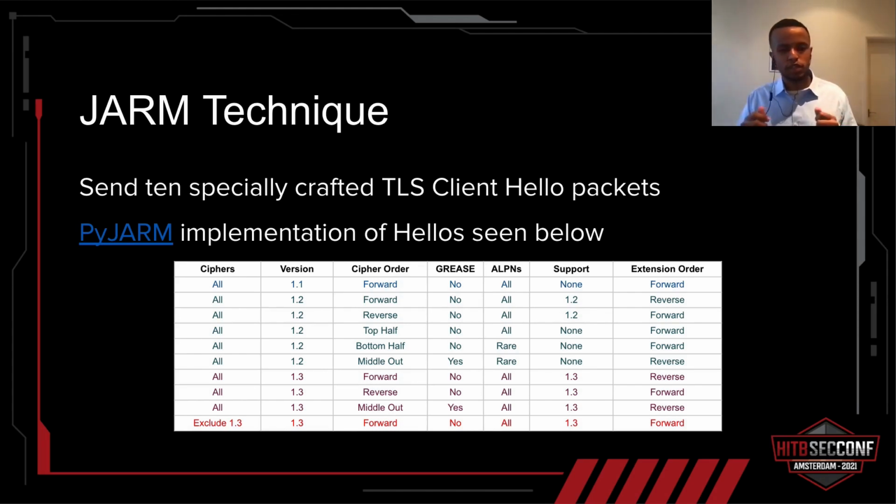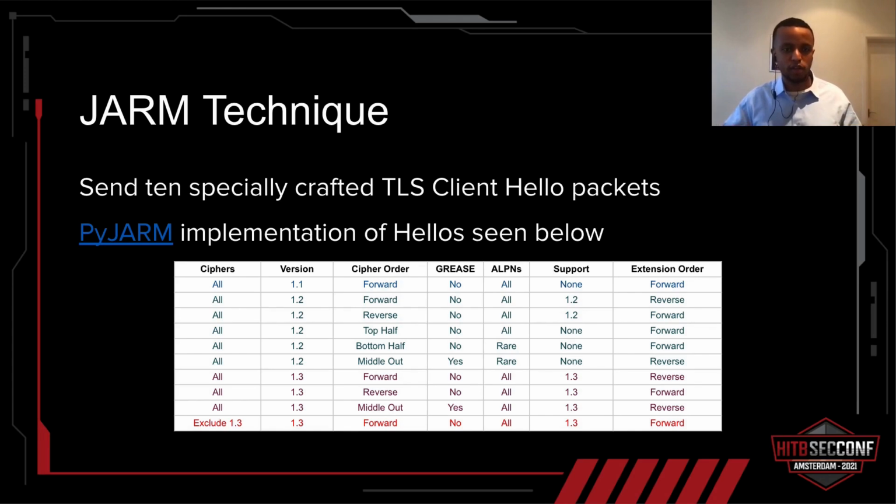So asking it questions like, does this server support TLS 1.3? If we order the ciphers a specific type of way, which cipher would it pick? What if we shuffled them around and maybe even dropped some? Which cipher would it pick then? So asking it questions like this, grabbing those responses, and then aggregating them together to give that JARM fingerprint is